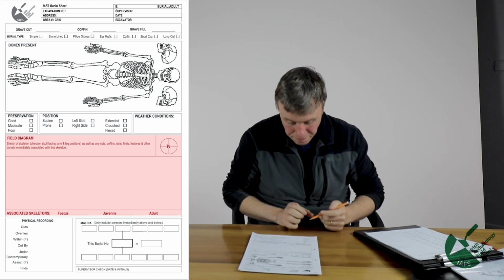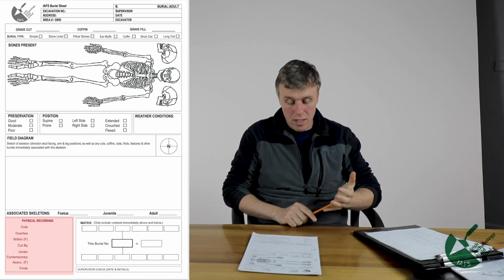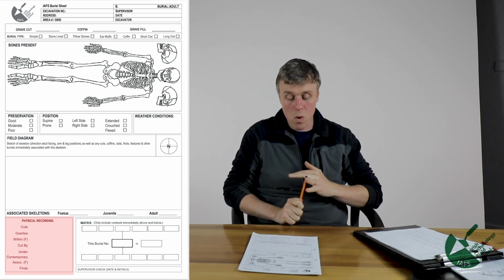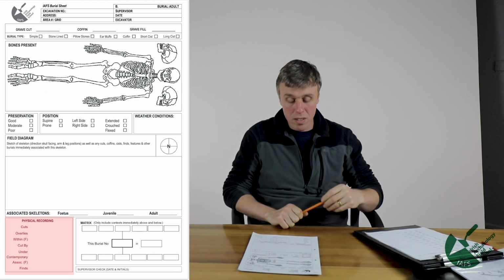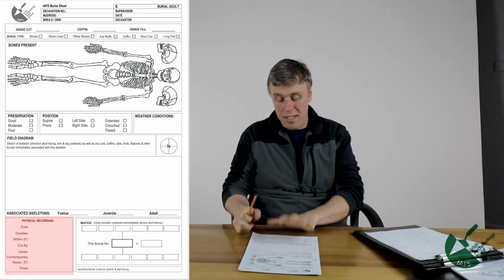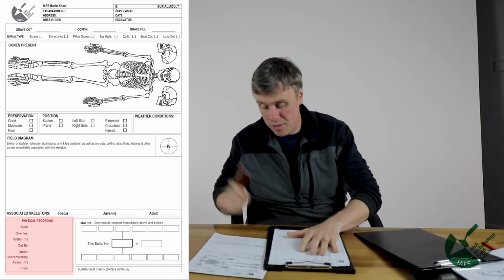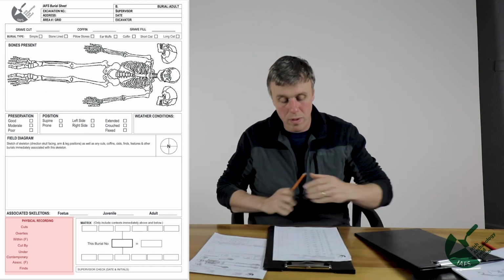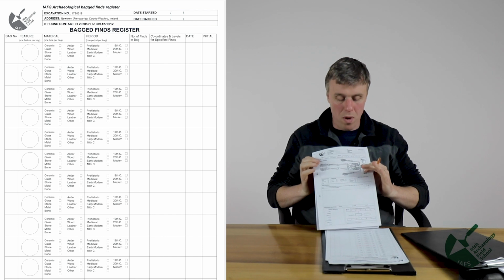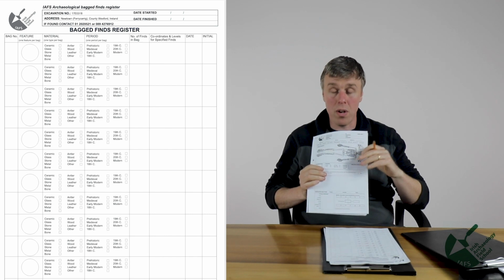The physical recording is similar but slightly different to the information on the sheets. What cuts are through or around the burial? What does it overlie? What is within the cut? What fills? What's it cut by? What's it contemporary with? And are there any associated finds, okay? And since we're on finds, we're going to take just a slight little detour into the finds themselves, and again this will pop up beside me. So this again is to capture where archaeological finds come from, the bagged finds register, okay? So if we imagine that this is burial 1, it was placed in fill 101 and the cut for fill 101 is 102.